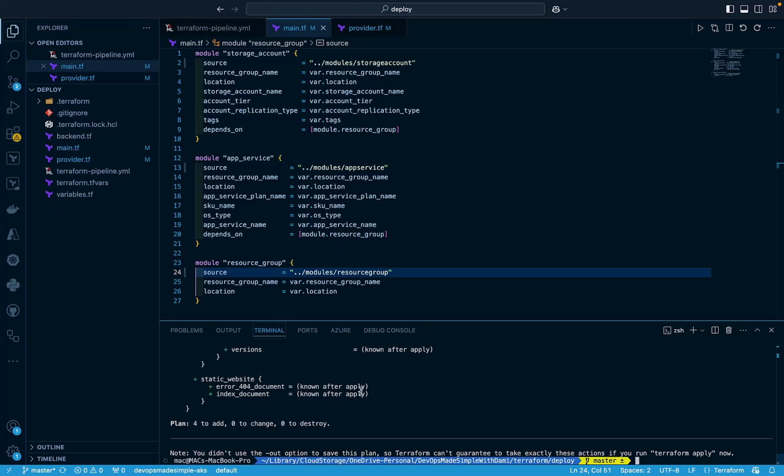Okay, so guys, as you can see here, the plan was successful, which means when we run terraform apply, it will successfully deploy the infrastructure in Azure as expected, which we're going to be looking into later. So now that we can confirm that we're able to initialize and download the necessary modules and plugins, the next thing we're going to be looking at is using our remote modules in running terraform init,